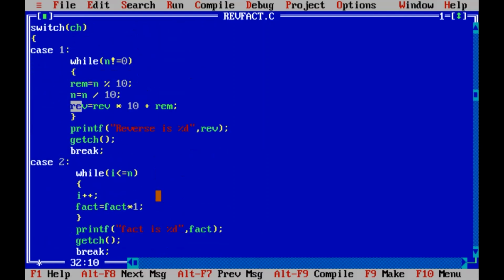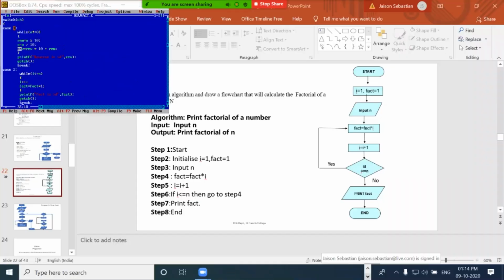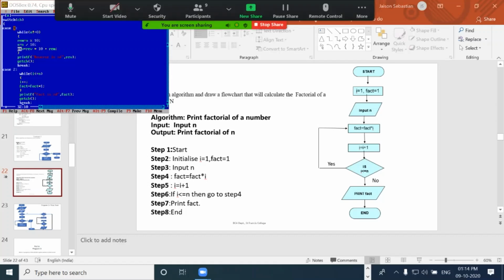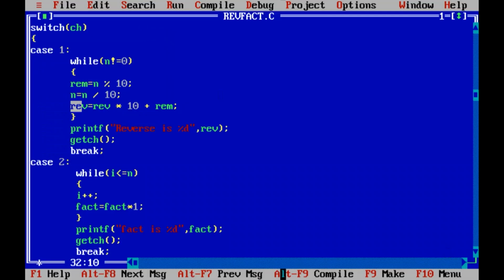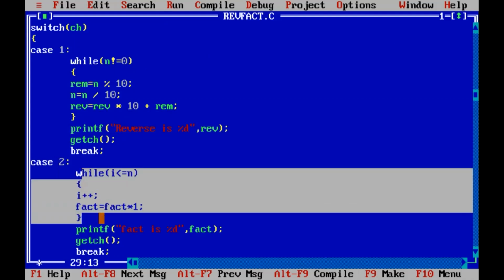This will be the step for reversing. After that, while n is not equal to 0, you continuously divide, and n will become equal to 0. When n is equal to 0, it will come out of the loop and print the reverse. If we enter case 2, then it will perform the factorial.